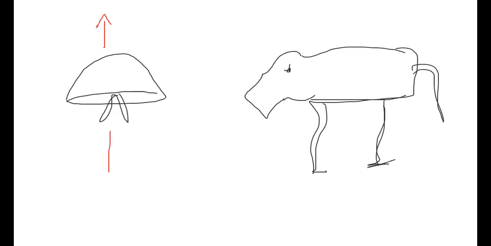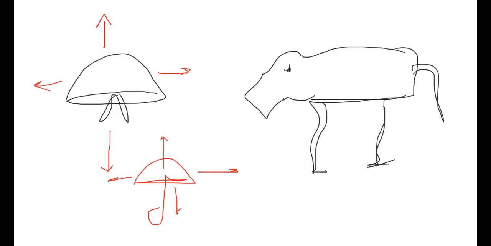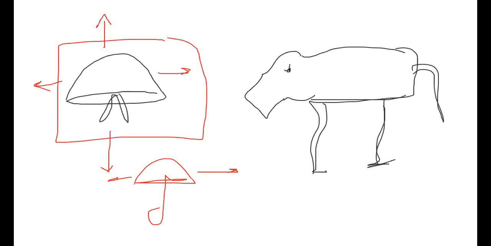So you see the direction. You have to imagine the umbrella in three dimensions. If you put an umbrella there, can you see the direction of the umbrella? Is it going this side or that side? No, the umbrella can go anywhere. That means there is no face for the umbrella. So there is no face in radial symmetry. That means multi-directional movement. That is the basic difference between radial symmetry and bilateral symmetry.